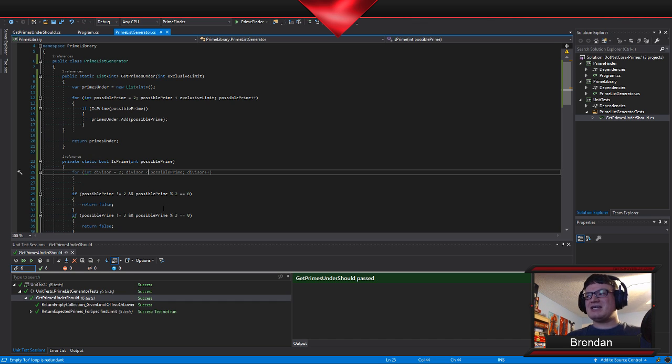I don't need to check the number itself, because remember, all numbers are divisible by both 1 and themselves, whether they're prime or not. It's just the prime ones have only those 2 as divisors, so we shouldn't check 1 or itself. So we're going to start at 2 and go up to itself. So now what we're going to do is take this same code here, bring it up here.